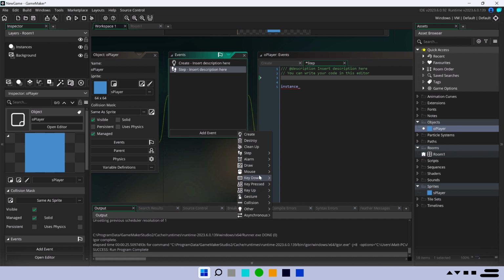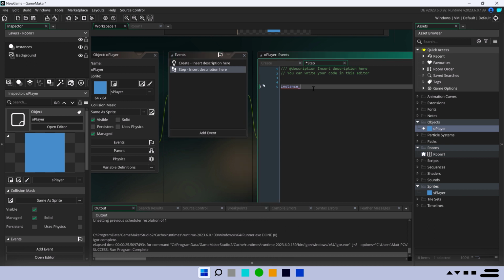So pretty much a lot of the logic here, like the mouse, key down and all that, a lot of these you can just code and you don't have to use everything like you see here. A lot of them you can just code. In this case, a lot of these just make it easy for you to kind of get going, get moving along. But in this case, what we're going to do,